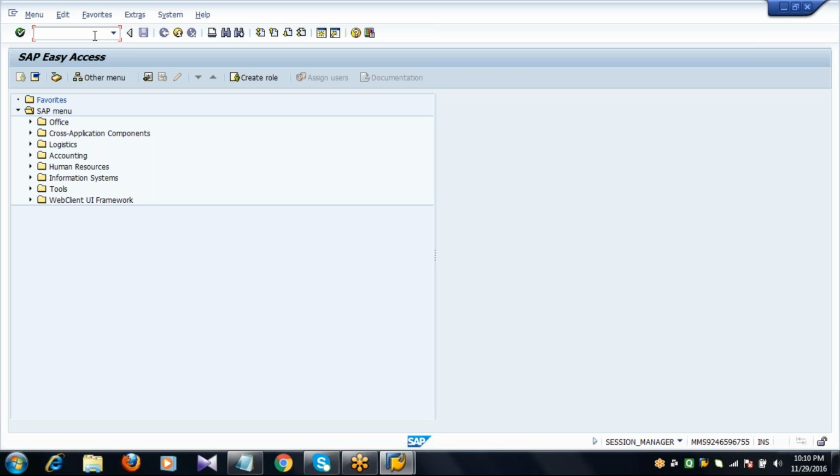So these are the total 5 master datas we have in SAP MM. Remember: material master, vendor master, info record, source list. The first 4 are very important, and the 5th one is the quota arrangement.